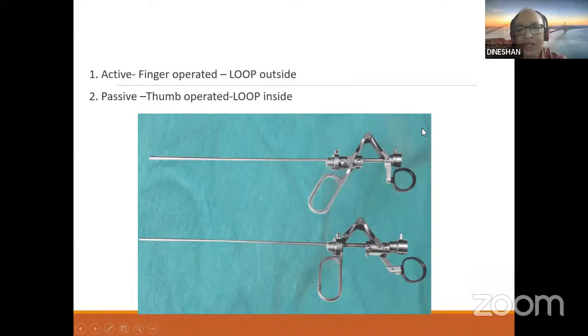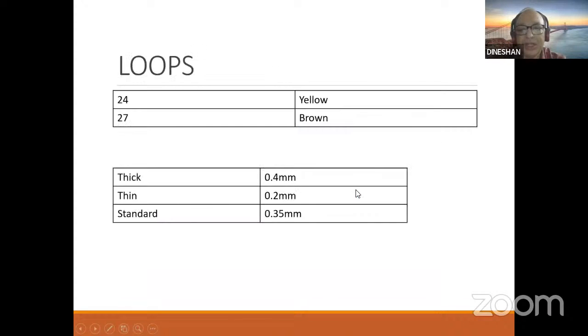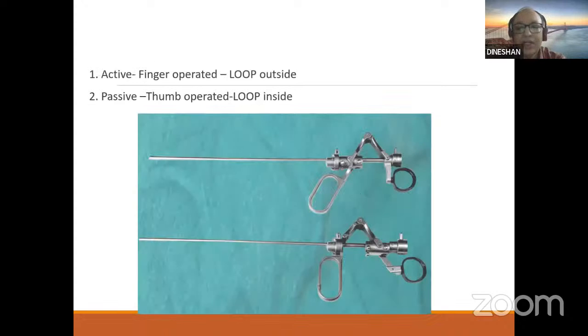The disadvantage of an active, finger operated working element, is that if you accidentally activate the diathermy with the resectoscope inside, you may injure the bladder, because the loop is always outside. But it is said that technically it is a faster one, but it depends on how you are using it and what you are used to. They don't make much of a difference.